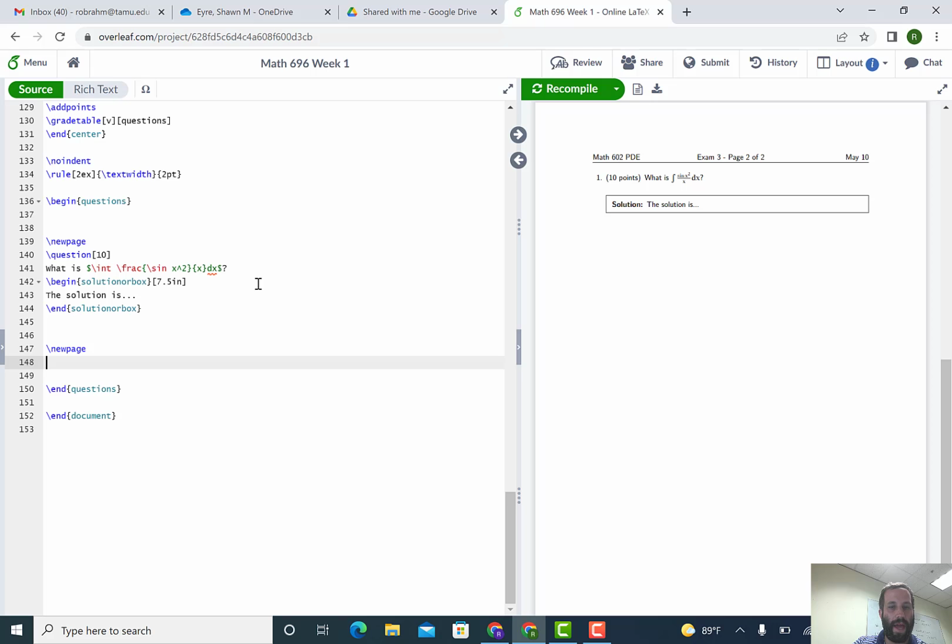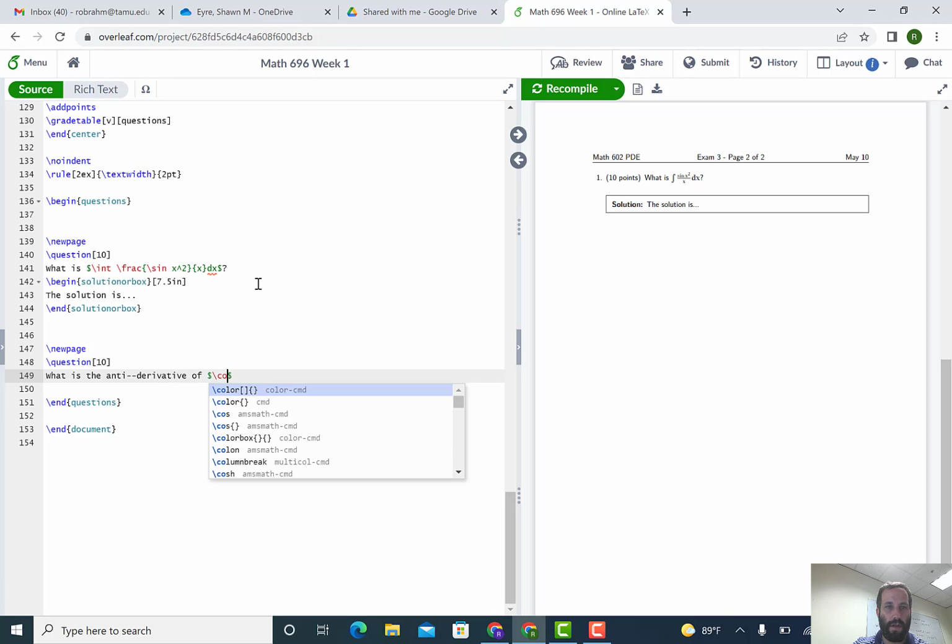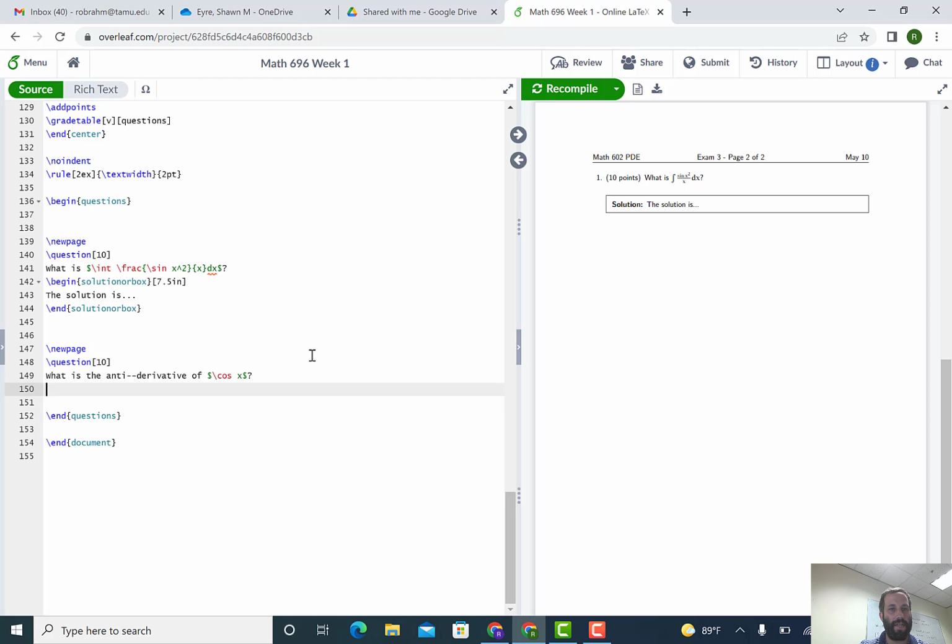So I'm going to go to a new page, question. Let's say this is also going to be 10 points. And if you want to have a multiple choice question, well, first I guess you should ask the question. So which number, let's see, what is the antiderivative of cosine x? Okay, so we know the answer is minus sine x, so I'm going to do begin